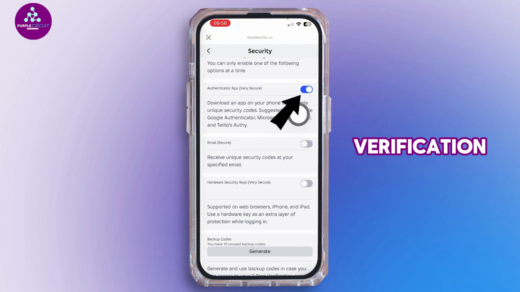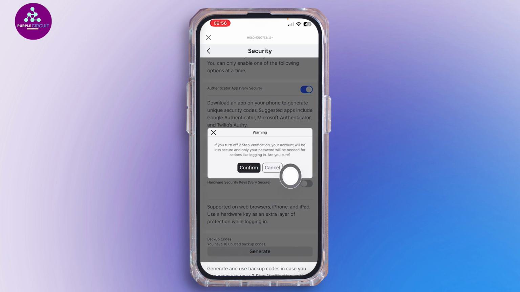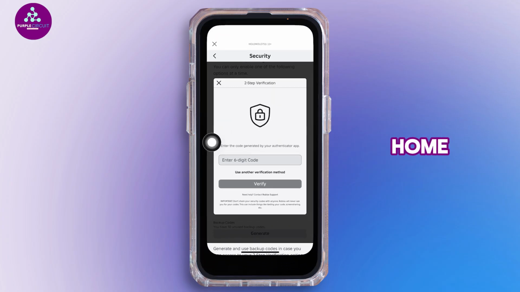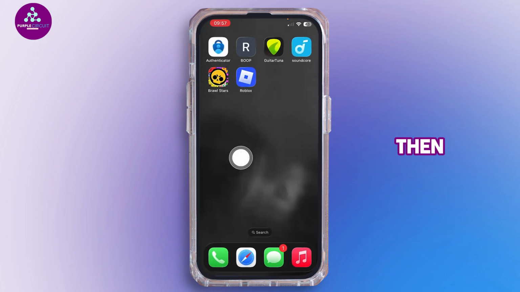under two-step verification. You'll see an option to turn it off or remove it. You need to go ahead and simply turn it off. And then simply select confirm. And now you want to go ahead and simply head back to your home screen and then open up your